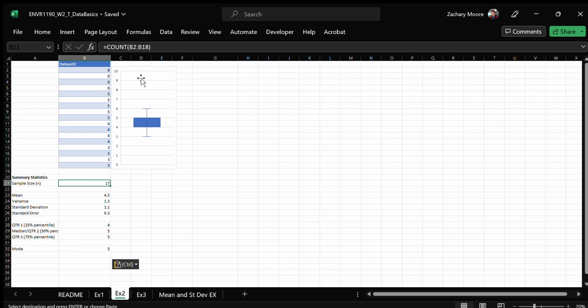And so B2 to B18 is the range that this function was citing in the other sheet. And when we move it into this sheet, it's still citing that same range. When we copy functions with the Control C and then the Control V key, it moves the range relative to where it is now. And so this one is now